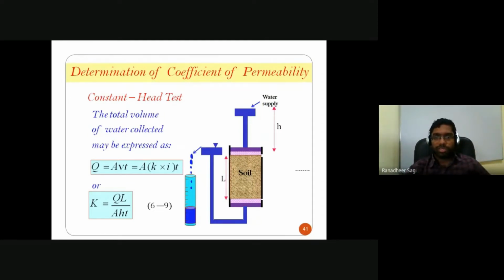So once you ensure the soil is fully saturated, what I can do is, on the downstream side, have a collecting chamber so that whatever water is coming out on the downstream side, you collect it in a measuring jar so that you can say how much water got collected over a certain period of time, T. It could be T minutes, T seconds, whatever it is. So over a period of time T, how much water got collected in that collecting jar. Capital Q here refers to how much water quantity got collected, in terms of volume.